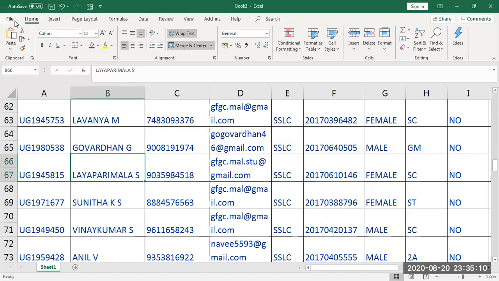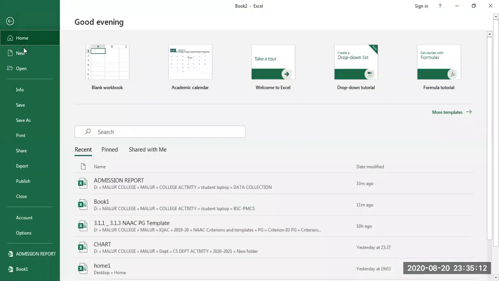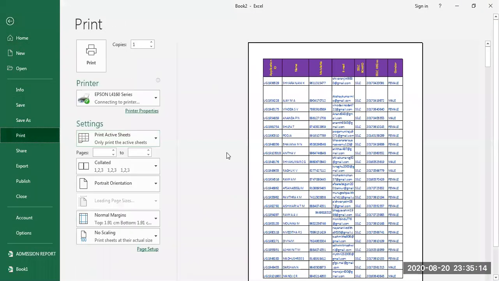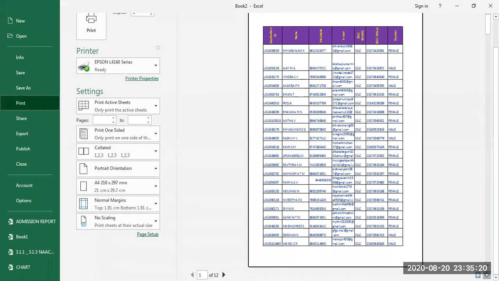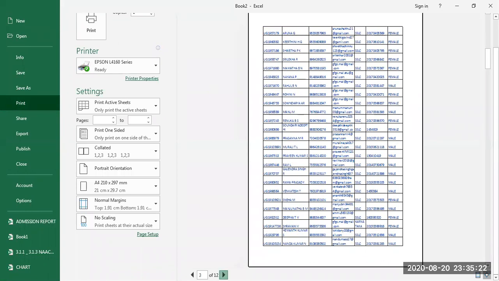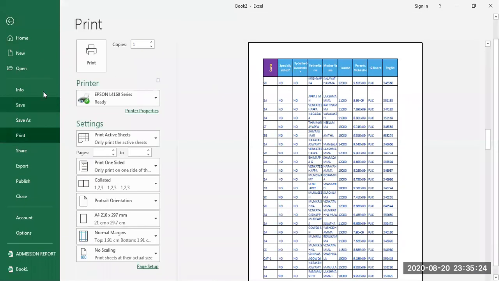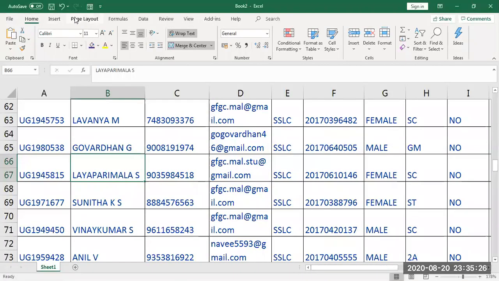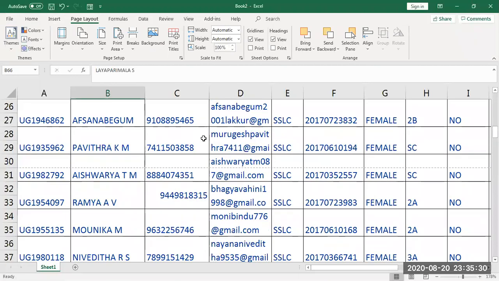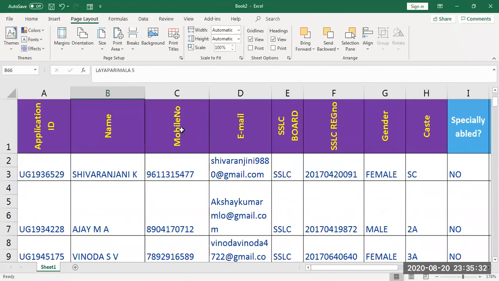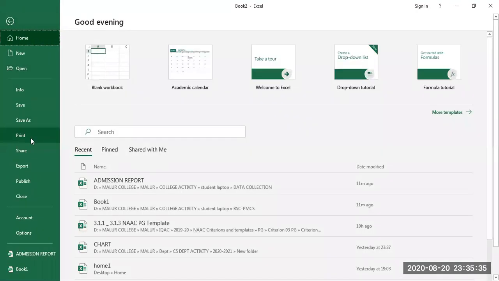And to print the Excel sheet, you can go to file, print. When I observe, only half the sheet is being displayed. I can move here and see how the other pages are displayed. So I need to adjust. I need to go back, go to page layout and make this landscape. Landscape means the entire thing will be covered in one page, and then I can go and print.